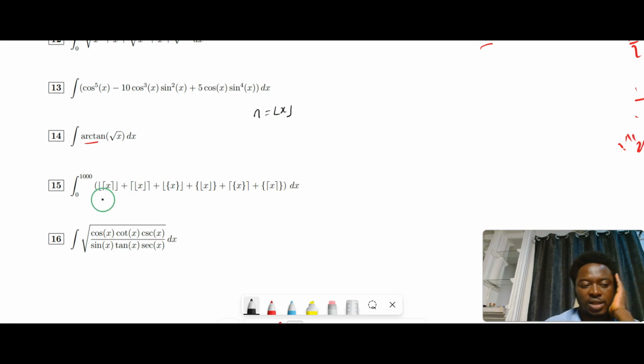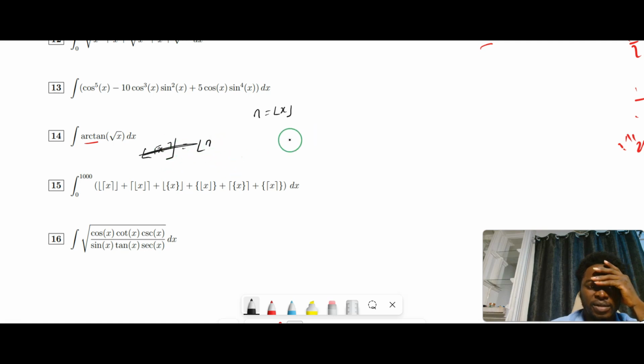Okay, so let's see for this first problem, number 15. The floor of the ceiling of x would be the floor of n. So the floor of n,